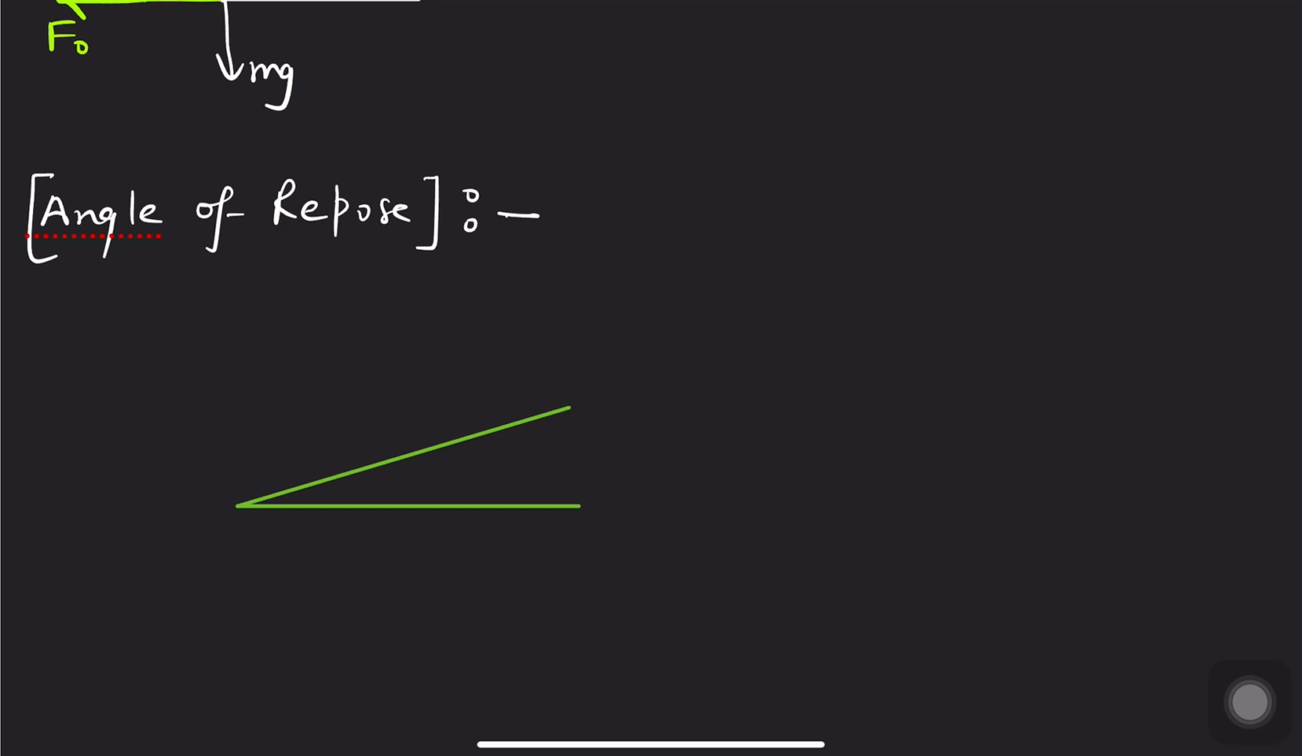Okay guys, let me make this first. Suppose there is a block here, and this block is not sliding right now. Let's say this angle is phi. This angle is phi right now. Now guys, if I ask you,